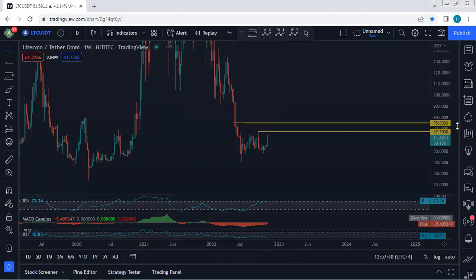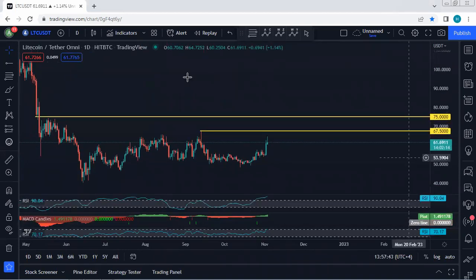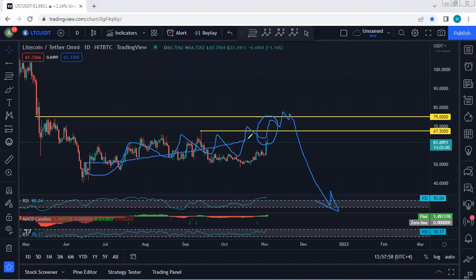By the way, if anyone wants to look for buy, as long as the price hasn't broken this zone, they need to be quite careful. That means any trade within this zone based on lower time frame will be a short term, because the price can reverse as a corrective, then we see the next drop. As I mentioned, we don't need to wait for the next drop, as what I explained based on the weekly chart. But if it happens, it can give us better reversal and better opportunity to look for trade as a long term. And the reason I'm highlighting this one is that if anyone wants to look for buy, as long as the price hasn't broken this zone, then any trade within this zone will be a short-term trade.